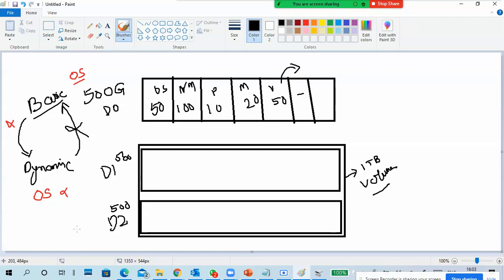A dynamic disk is mainly for storing data only, and you can't put an operating system on it. The purpose of converting a basic disk into a dynamic disk is to combine dynamic disks together to form a huge volume or a redundancy.